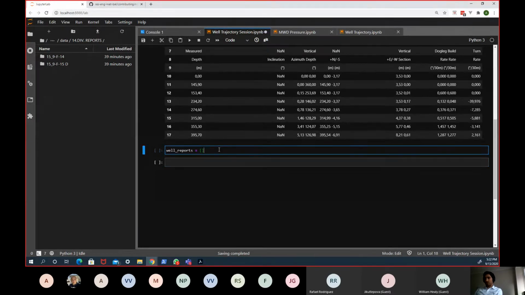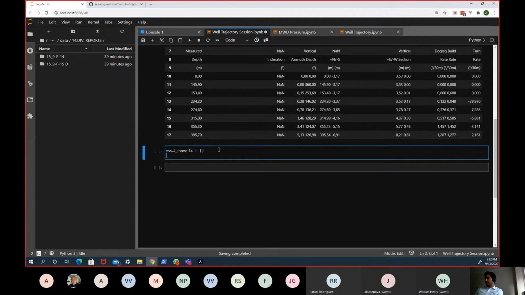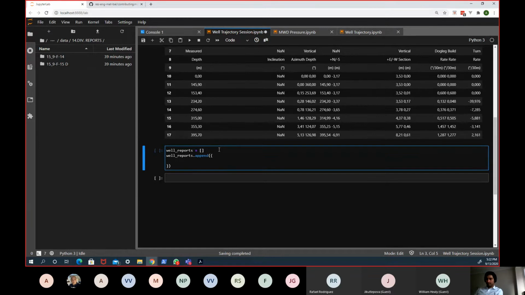And in that list, I'm going to populate that list with dictionaries. So let me first create well reports.append, and I'm going to append the first dictionary, which is, let's put here, well name,